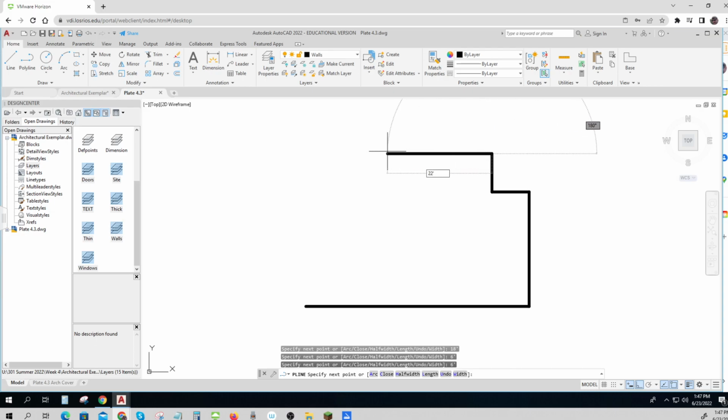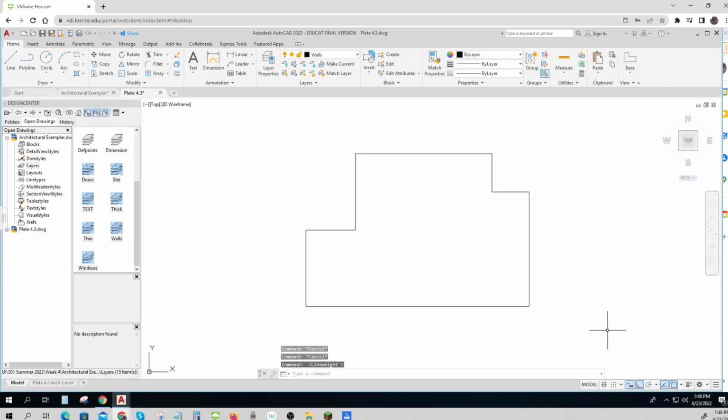22 feet, 12 feet, 8 feet, and close it off. And then type enter to finish the polyline command. That's all one thing. So now when I do my offset,